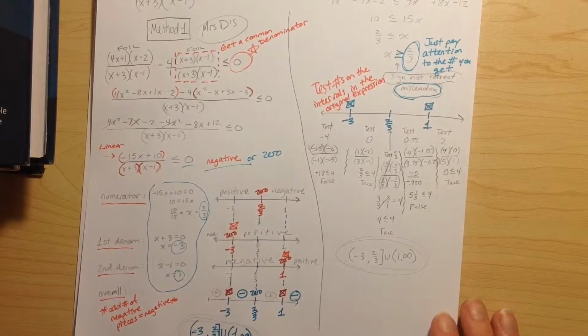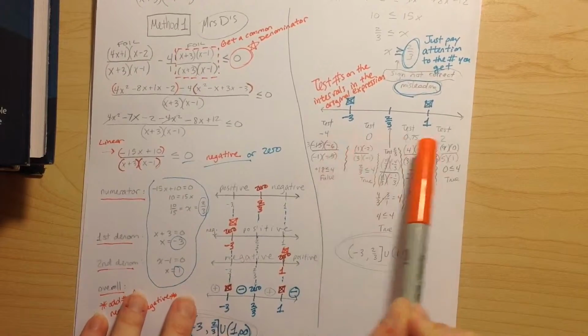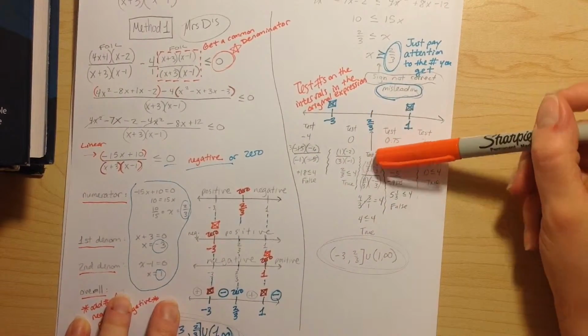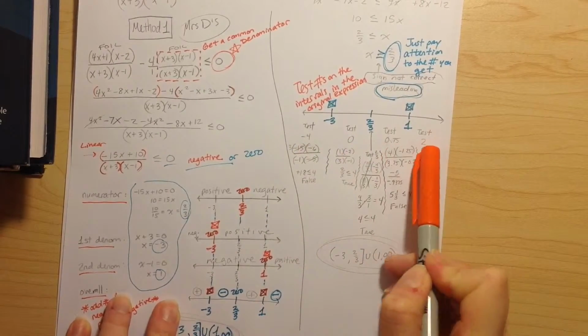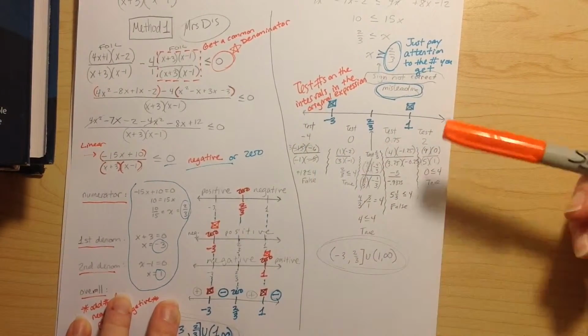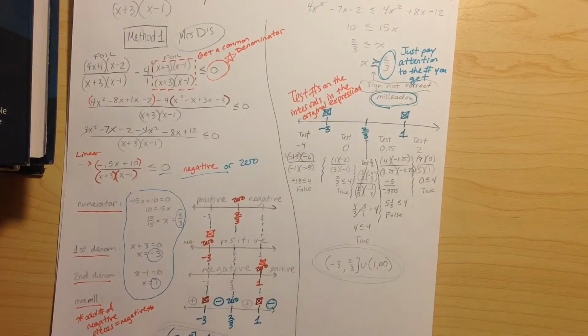So I tested, you'll see these numbers here. I did test 2/3 exactly. I tested -4, 0, 3/4, and 2. Those are just some numbers I picked. I found out that I only have true statements